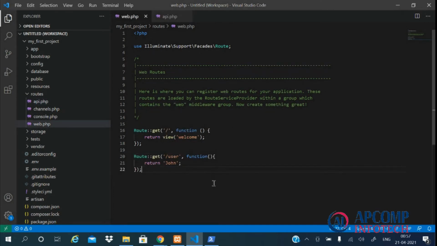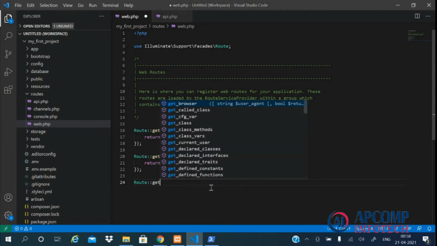So now let's learn how we write the routes in our Laravel application. For writing the routes, we first use the Route facade. The facades in Laravel are the static interfaces for all the classes present in our Laravel service container. Don't worry, we'll study the facades and the service containers later in this course. After the Route facade, we write the HTTP verb, which may be like get or post.